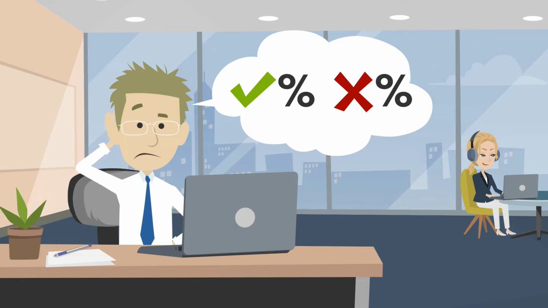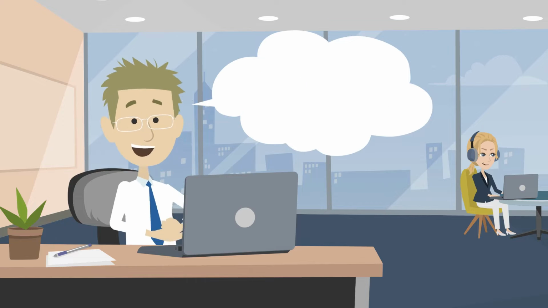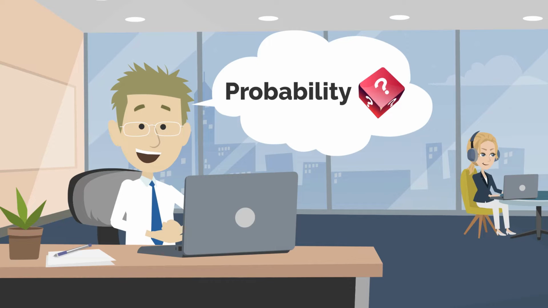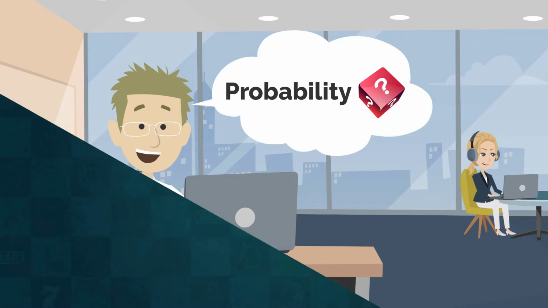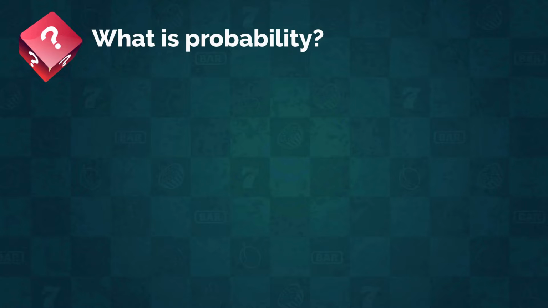Many CEOs need to make huge decisions when investing in their research and development departments or contemplating buyouts or mergers. By using probability and statistical data, they can predict how likely each outcome is and make the right call for their firm. Some of you might be wondering, what is this probability we're talking about?